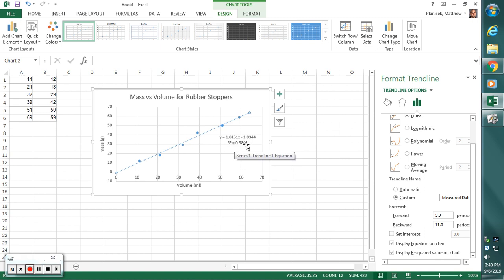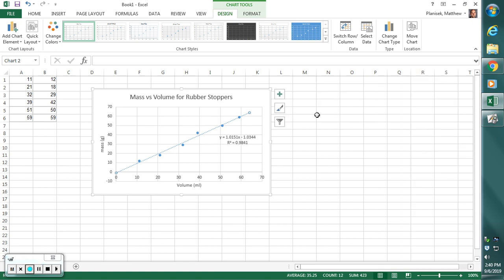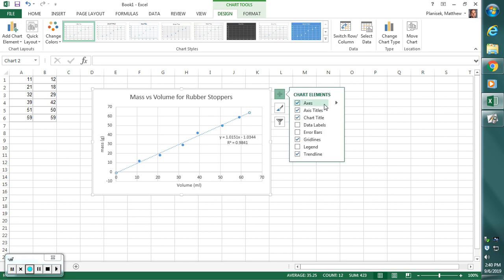R² is fine, but we can also visually represent that as well. So I'm going to go back over here. I'm going to exit the format trend line window over on the right hand side. I'm going to click the box again, and I'm going to go here to error bars. Now when I hover over error bars, again I haven't clicked anything, it automatically